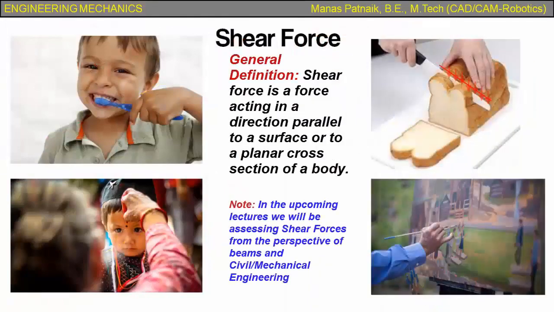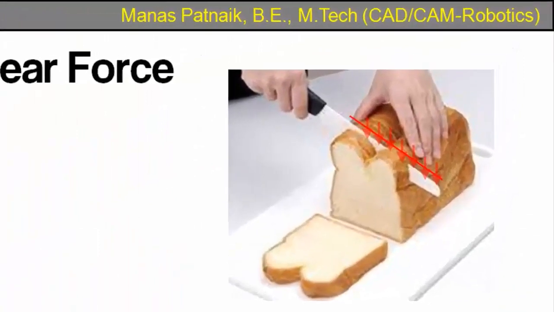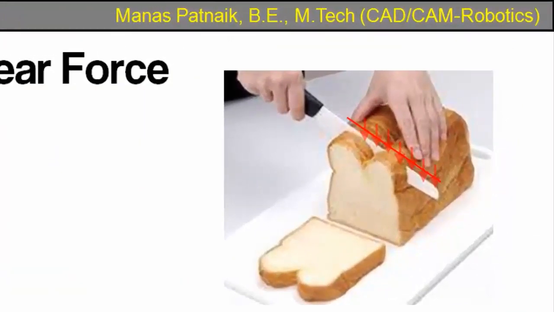So here we go. These are not just pictures, but real life scenarios where knowingly or unknowingly we come across shear forces. Let me explain all of this one by one. Let's begin by taking a look at this loaf of bread which is being sliced. The motion of this knife is downwards. You can also say that it is applying a tangential force on the cross section of this bread loaf. And when this completely passes through, we have a slice of bread. So that's one way of looking at shear force.